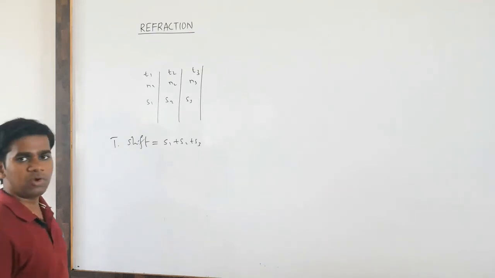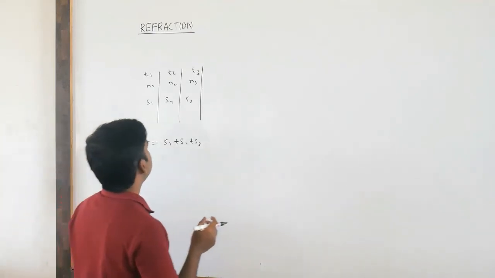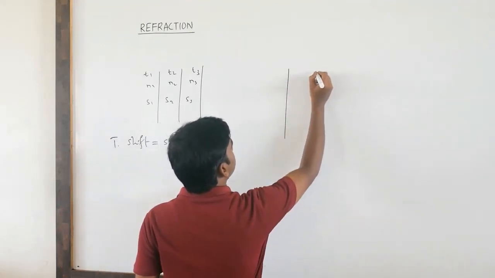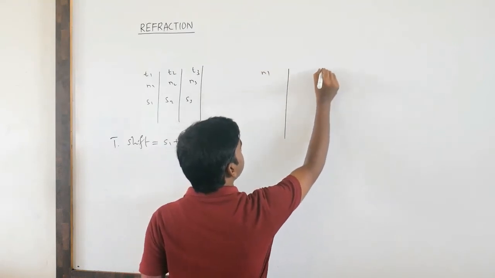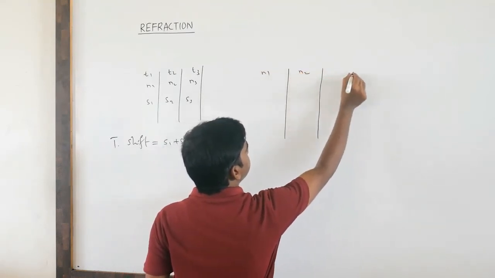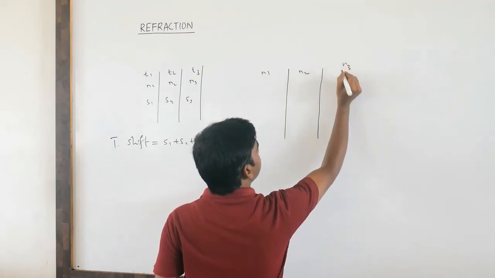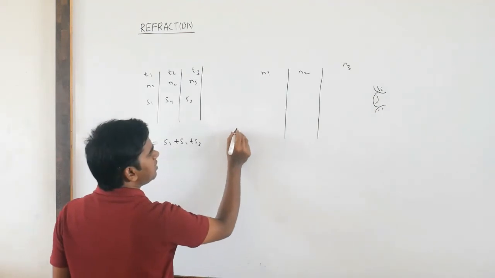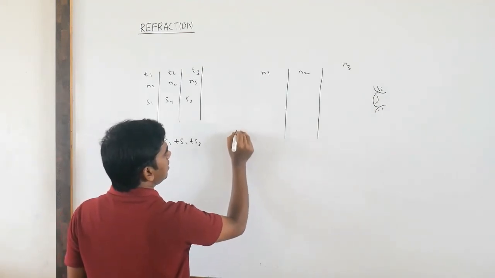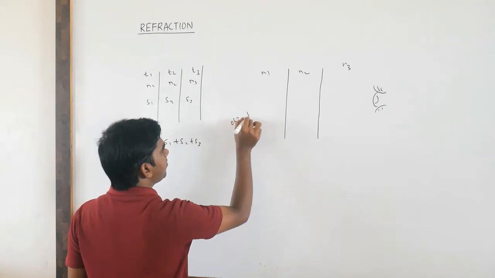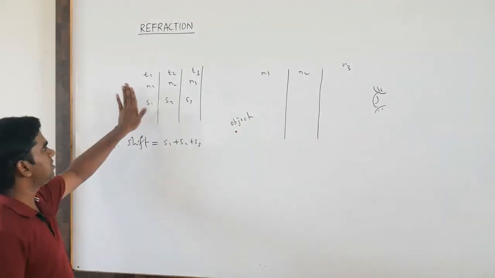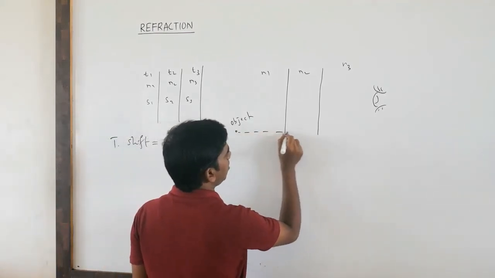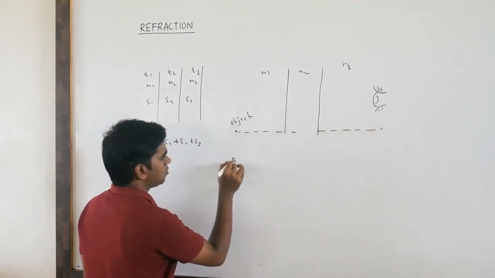But if you want to find the actual object distance, or the distance after shifting, suppose you have medium 1 of refractive index N1, here medium 2 of refractive index N2, and here another medium of refractive index N3. Now the observer is in N3, and the object is in the N1 medium. So the shift you can find easily as the sum of the individual shifts. But if you want the actual object distance as observed by the observer,